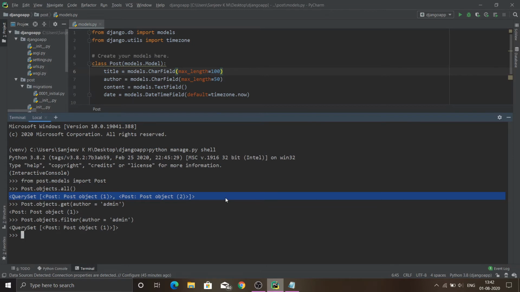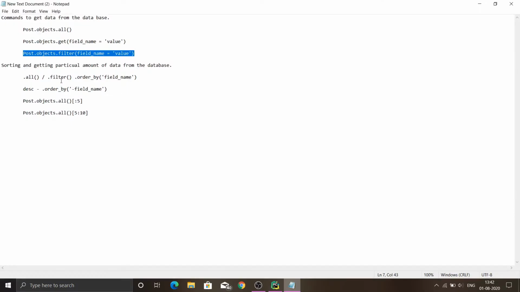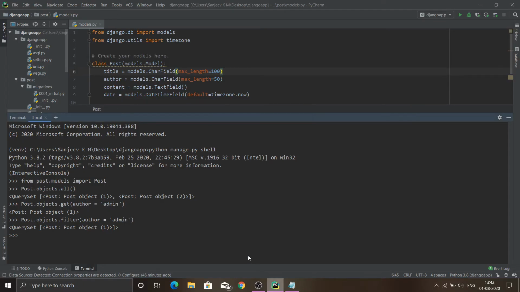Sorting and getting a particular amount of data from .all or .filter. The .all and .filter methods right in here return the array of objects in our model. These methods also have an optional method named order_by. This .order_by orders our list based on the field name we supply to it.